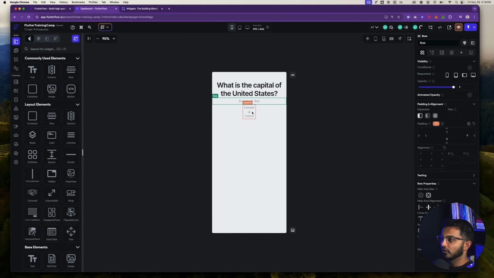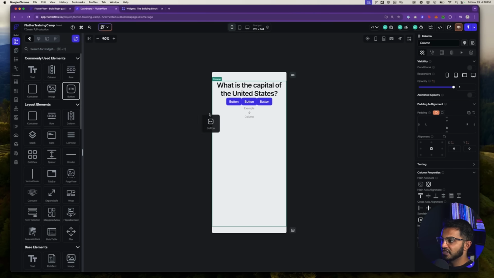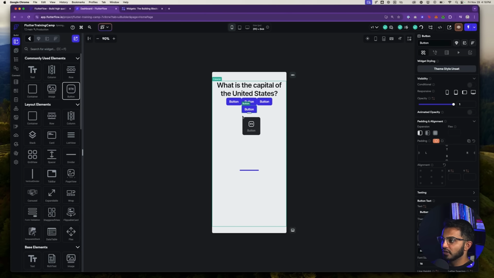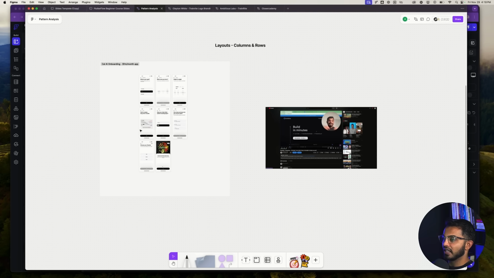So here I have a row and here I have a column. Watch as I take this button and I just place 3 buttons inside of this row. Notice how each button in the row is being placed next to each other on the x-axis. If I do the same for a column, you'll notice how the buttons unfold under the column vertically on a y-axis. So every app is actually just a very thought out collection of rows and columns. And in this part of the lesson, I want to show you exactly why that's the case.